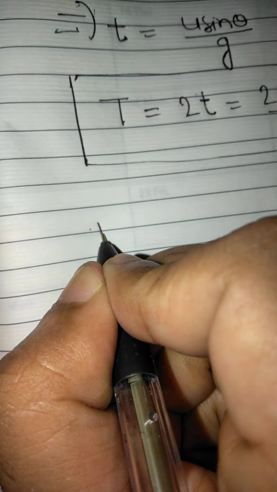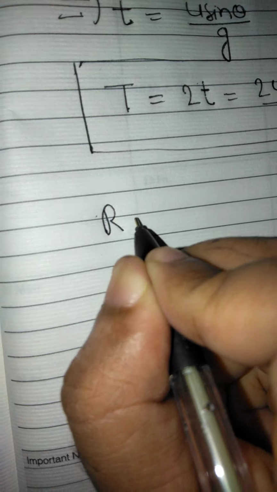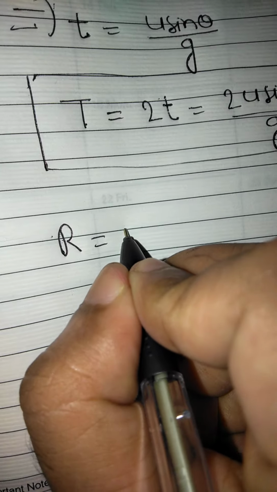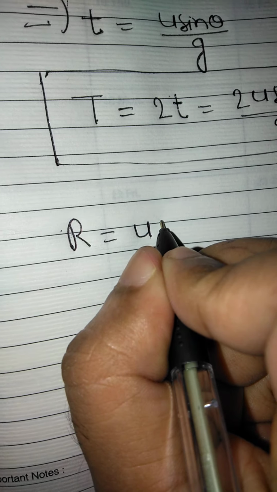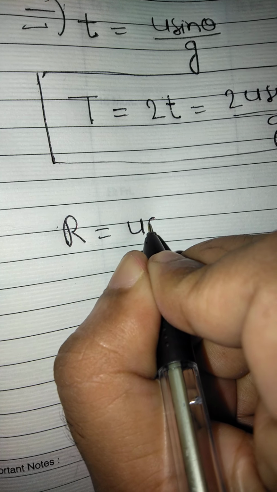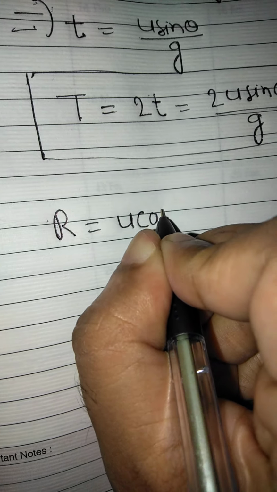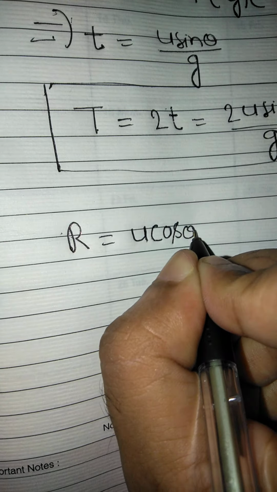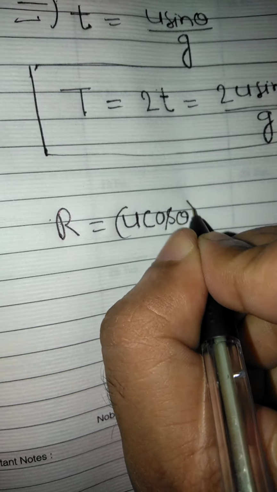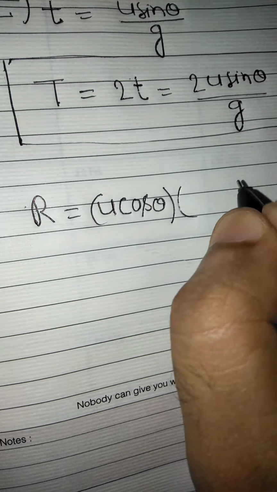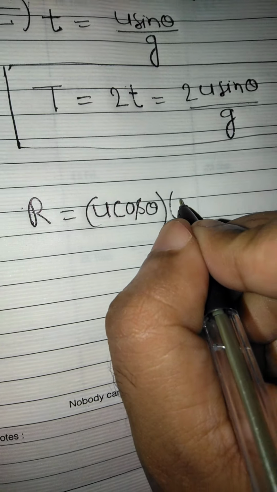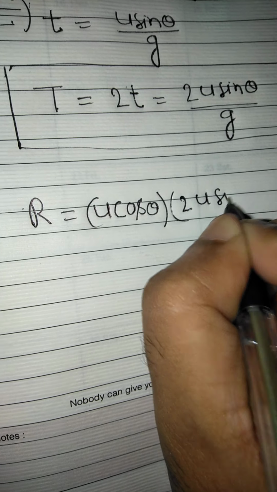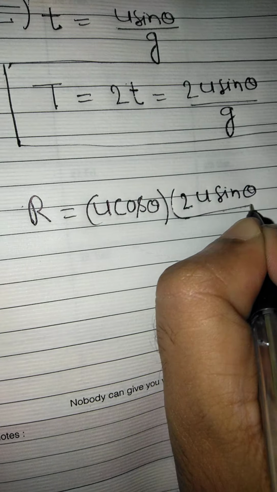So the range will be, since there's no acceleration here, it can be found directly by multiplying the horizontal component of the velocity with the time of flight, which is 2u sin theta by g,